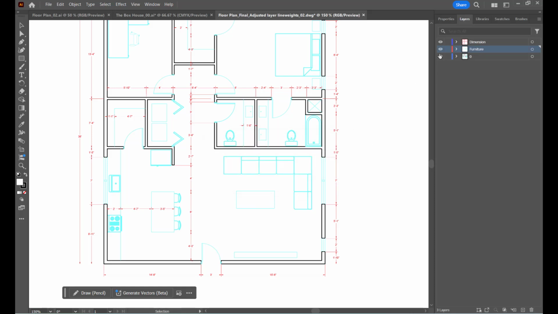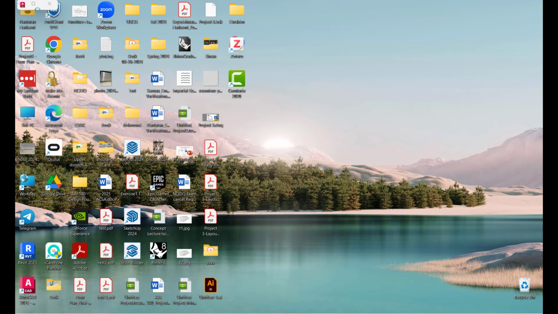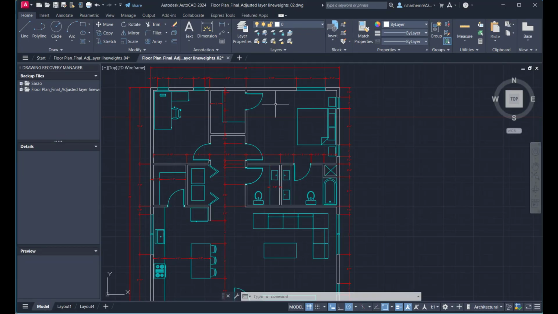Okay, but in terms of the furniture, when I hide the furniture layer, you're seeing that only my windows, closets, closet lines, and doors are being turned on and off. Okay, the rest of the items seem not to be in the furniture layer, while in the AutoCAD file they are. So I'm going to go back to the AutoCAD file, and what I need you to do is